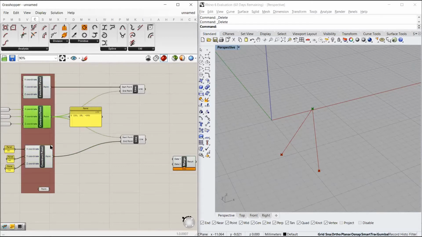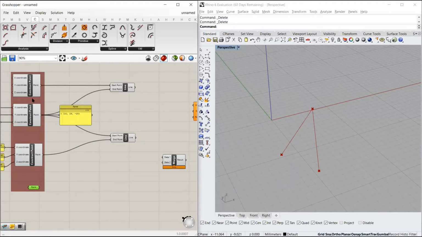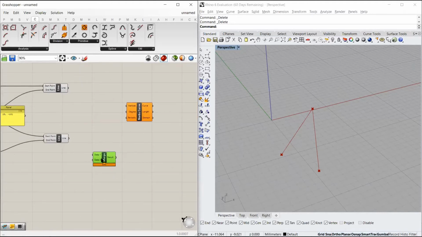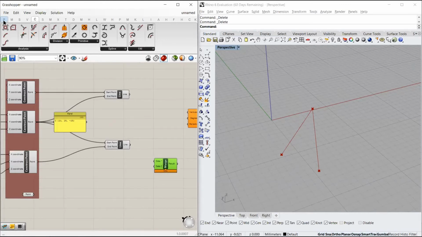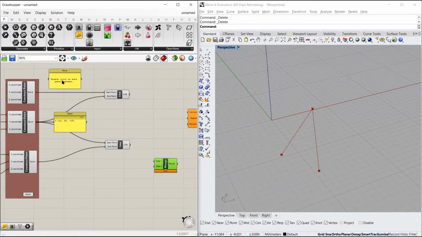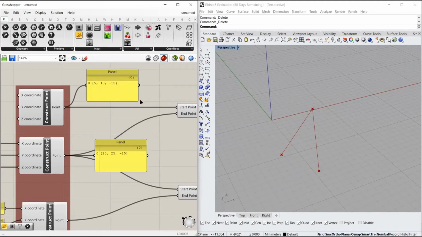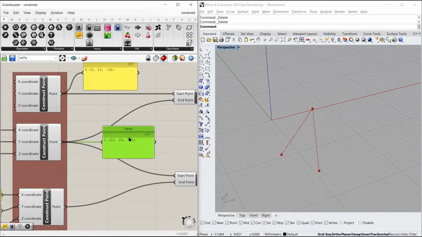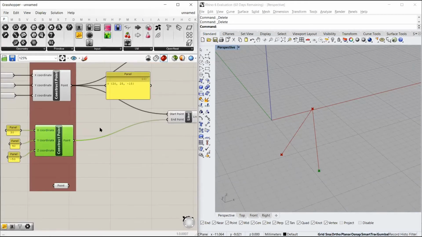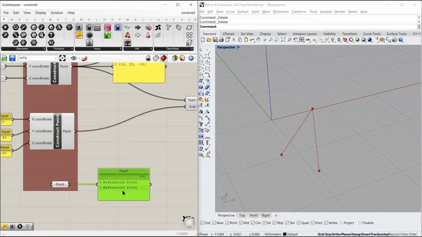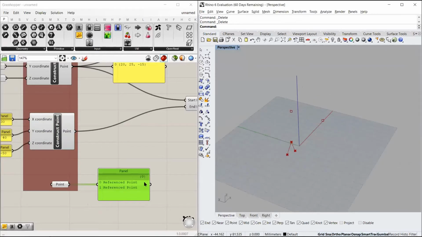Suppose we have 1, 2, 3, and 2 points, which is referenced in this 5 points. What this component does is it merges all the points in a specific given list. So for example, for now, if I read the output of this, it contains only 1 point. Similarly, this contains 1 point. This also contains 1 point. But this contains two reference points because I have referenced 2 points in this point.